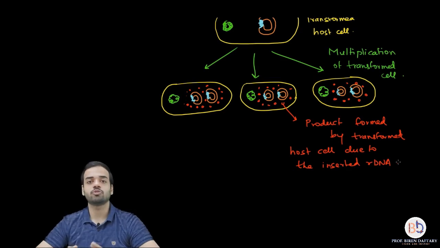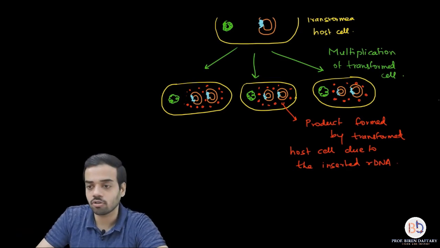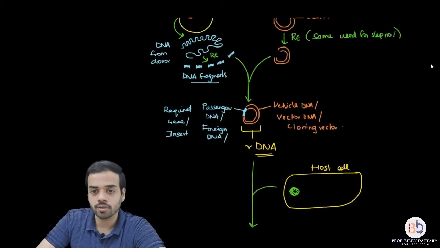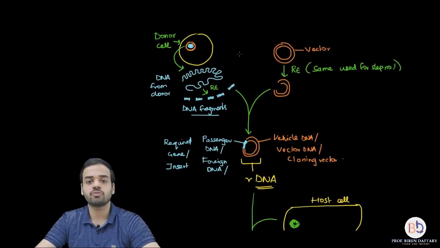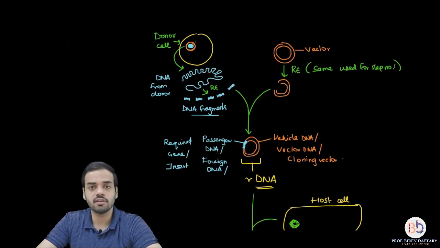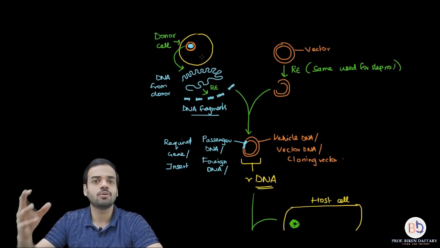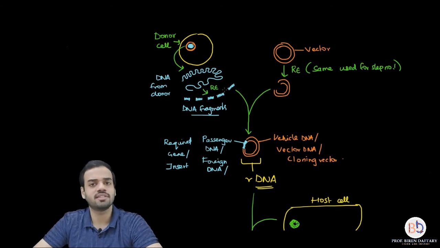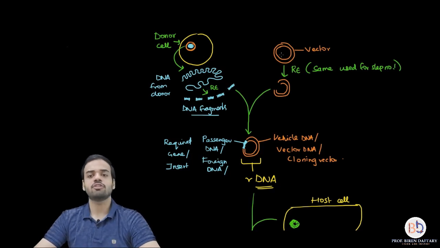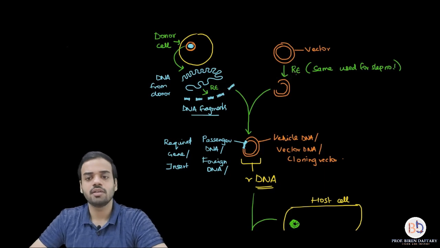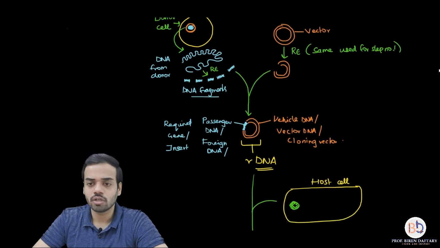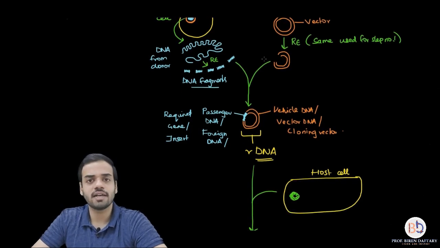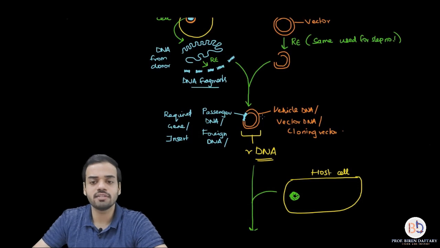That is the last step. So this is the end of your recombinant DNA technology. Just have a look at this diagram. Okay, make sure that you have understood it. First step, you took the donor cell. From the donor cell you removed the DNA. I told you how you do that. Homogenizer, detergent, ethanol, you remove the DNA, you cut using restriction enzyme, PstI if you are using here. For the vector also use the same restriction enzyme, and then you combine both the cut vector and the required gene, and what you get is the recombinant DNA.